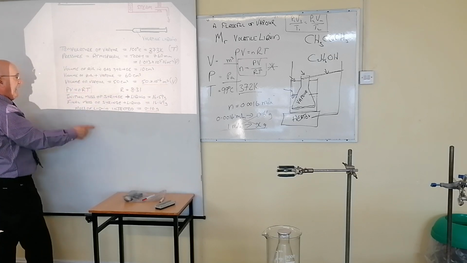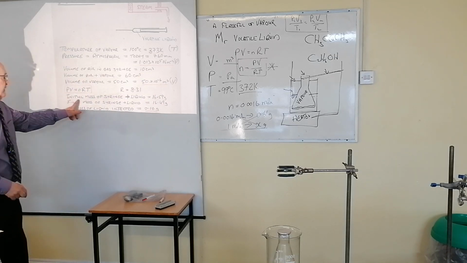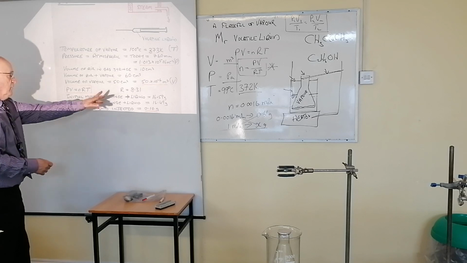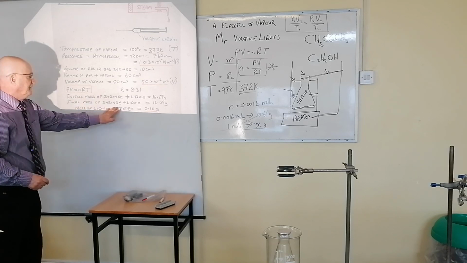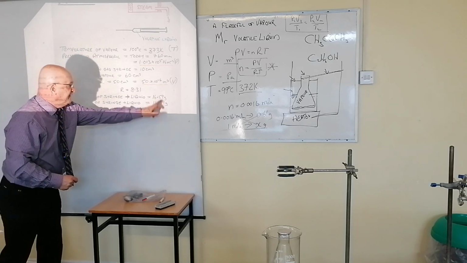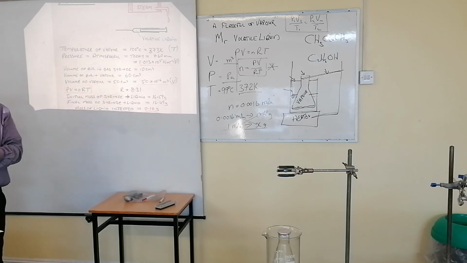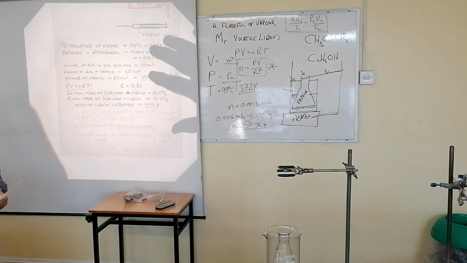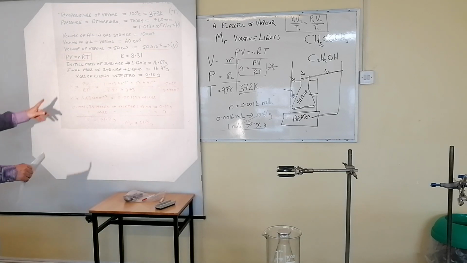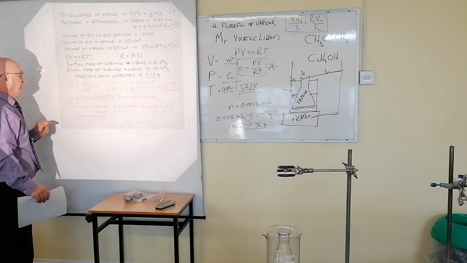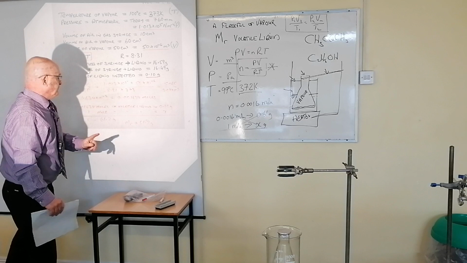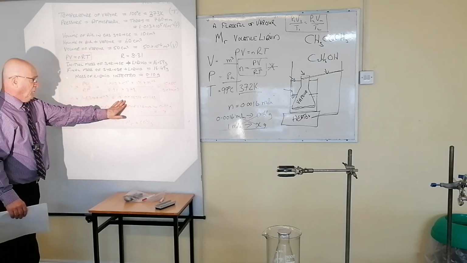There's your formula, and you're going to solve for n in that. The initial mass of the syringe plus the liquid, the final mass of the syringe and the remaining liquid, and the difference is the mass of the volatile liquid that was vaporized. And so the calculation goes from there. n equals PV over RT. And you put in your figures all metric, and look, n came out to be